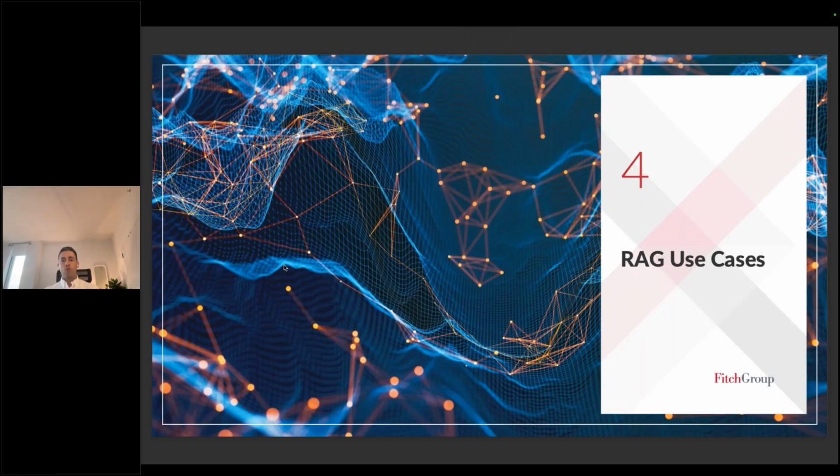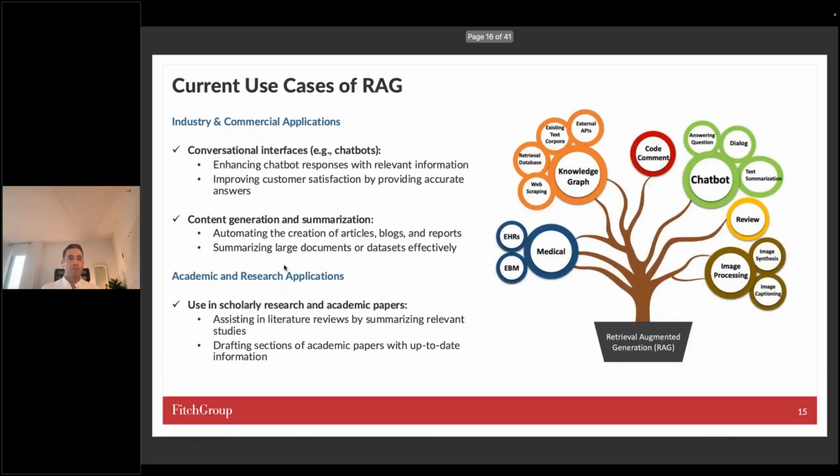to the user. So what are some common RAG use cases? In industry and commercial applications, the most common one, and the one that I'm going to be talking about today, is chatbots. You also have code assistants like GitHub Copilot or the one from AWS. I can't remember the name right now. In the medical field, you might use it with electronic medical records, but you can also use it for literature review and document review. That's a particularly useful application in academic environments for doing literature review.